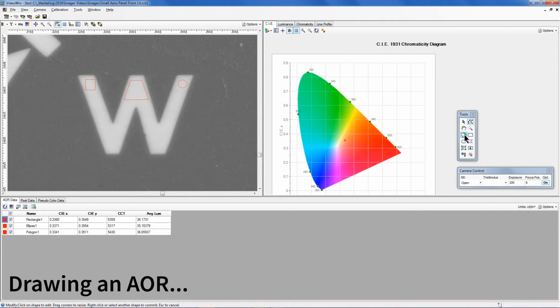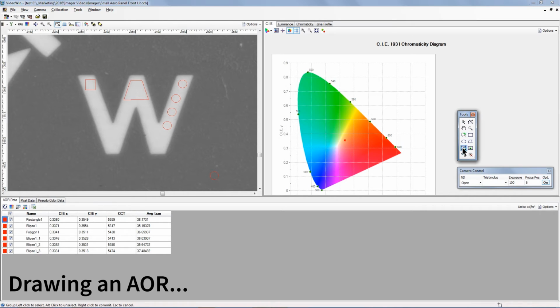A cloning tool makes it easy to recreate a given AOR shape over and over. Simply click on the cloning tool, press Alt, then left mouse click, point to another area, click again, and the AOR is recreated. AORs can be grouped, an easy method for quickly getting average luminance and color values from multiple